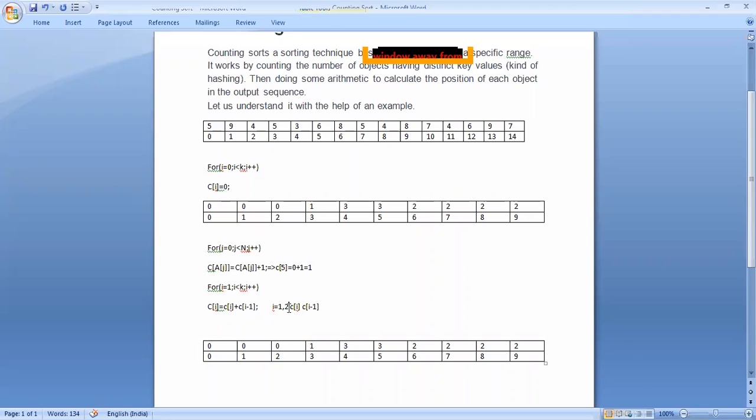Then when i equals 3, 1 plus 0, 1, so that means this value is 1. Okay, now when i equals 4, you check, 3 plus 1, that means here we can write